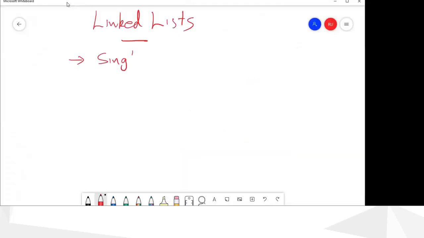We have been discussing a single linked list, which has only one link. We discussed how to display a list and how to insert.